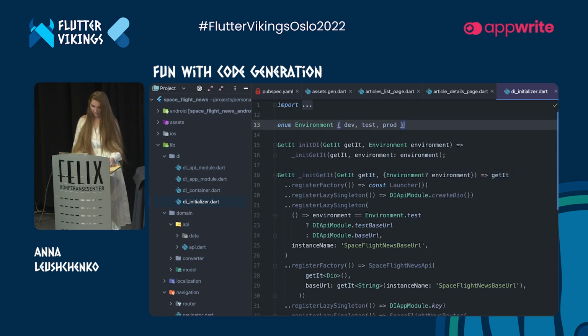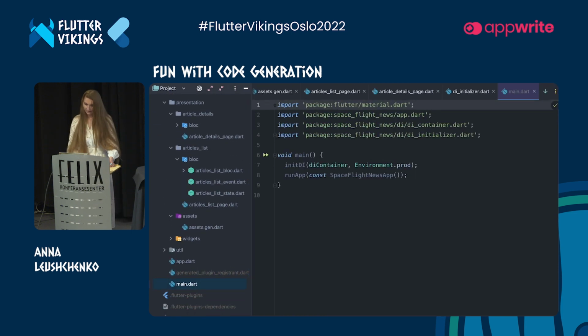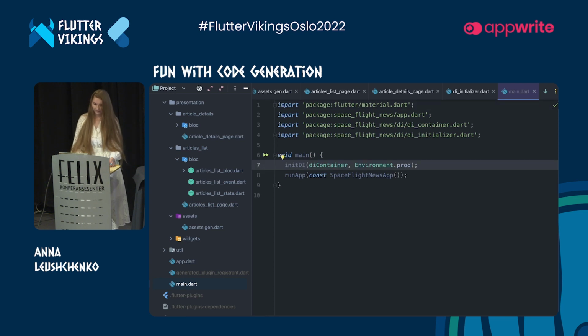Also, as you see here, I am declaring an environment enum and providing different base URLs for test environment. Then I pick the desired environment when calling this initDI from the main method. This allows me to have different entry points with different base URLs, should I need to create multiple applications pointing to different backends.